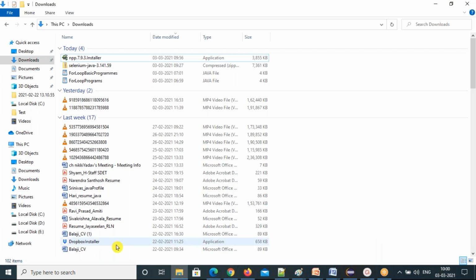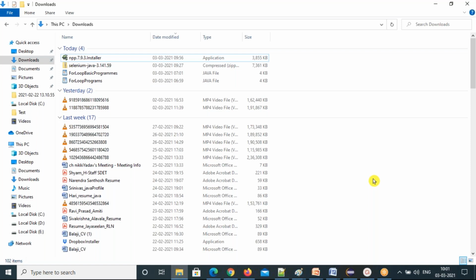Okay. The other thing, I want to show you a few more things here. How to shut down, you know, right? How to restart your computer. I don't need to tell that, right? Next, where you can find the softwares you installed. Now if you want to uninstall some software, where can you find it?